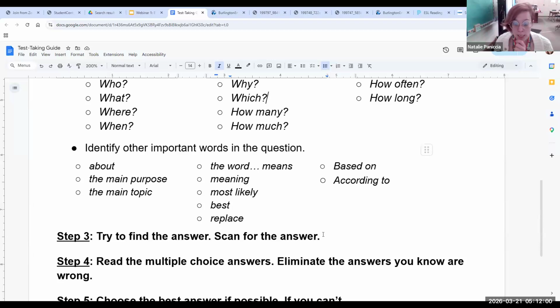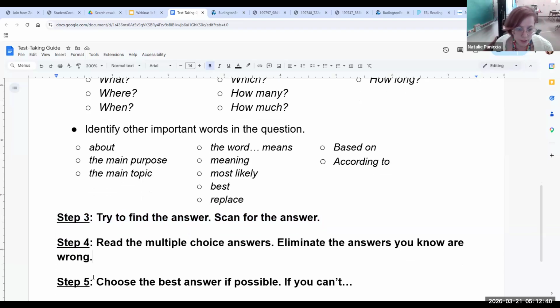And then this is really great because you ask students to answer the question in their own words before they read the multiple choice. And that really helps them because they get less tripped up by the multiple choice because they already have an idea of what the answer is. Because the multiple choice answers are all kind of convincing. They're all related. They're all in the passage somehow. So this will set them up for success because they've already, in their own words, come to some kind of answer. And then at this point, they are going to be reading the multiple choice answers and eliminating the answers that they know are wrong. Okay.